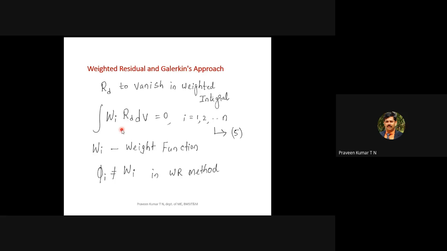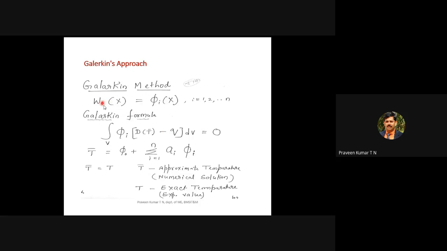But there was one more scientist or engineer, Galerkin. He thought that instead of going for two functions, one to define the temperature and one more for putting the integral equal to 0, since they are all mathematical functions only, you can go with only one function. This is the Galerkin approach, not the Rayleigh-Ritz method. In the Galerkin approach, phi I is equal to Wi. That you have to remember. Now you have the Galerkin method, where Wi is equal to phi I. That is the only difference.